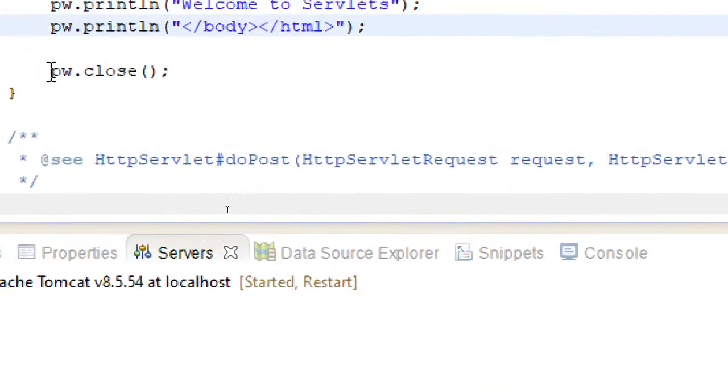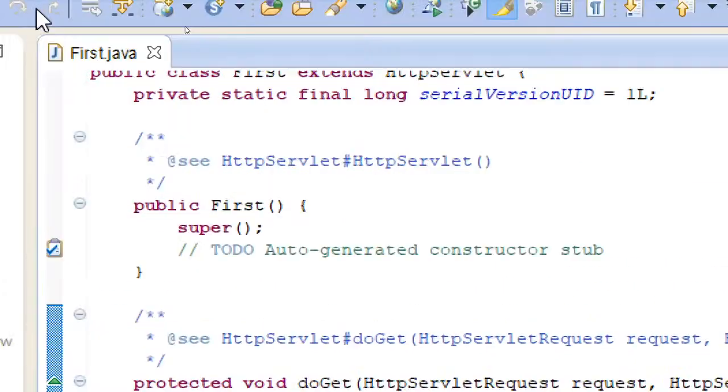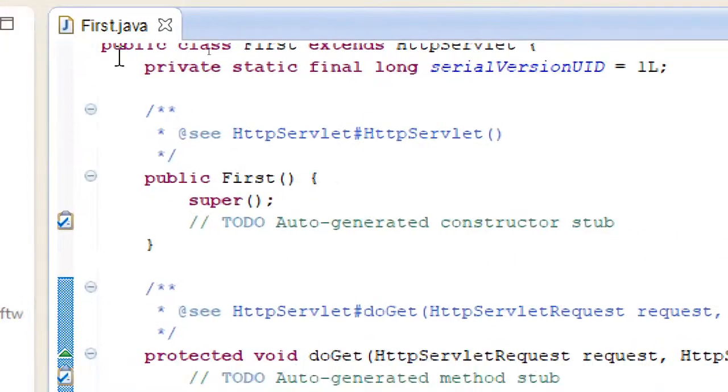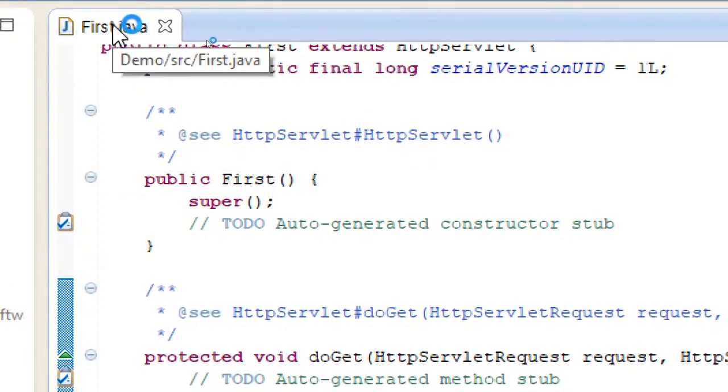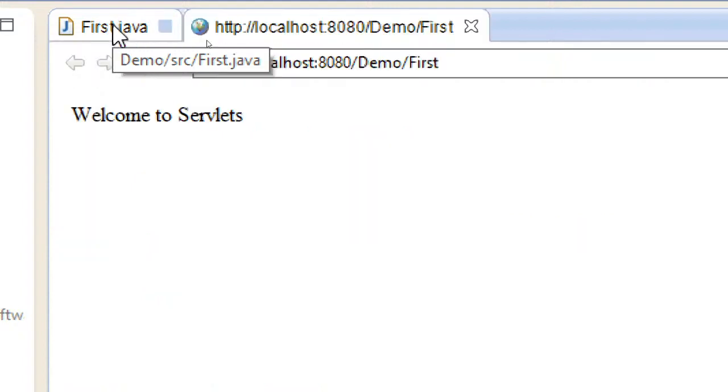Okay, let's see. That should not be a difference actually. Okay, so it's coming with doGet. Thank you, Dheeraj. With doGet it is coming, but it should come with doPost also in the same manner.